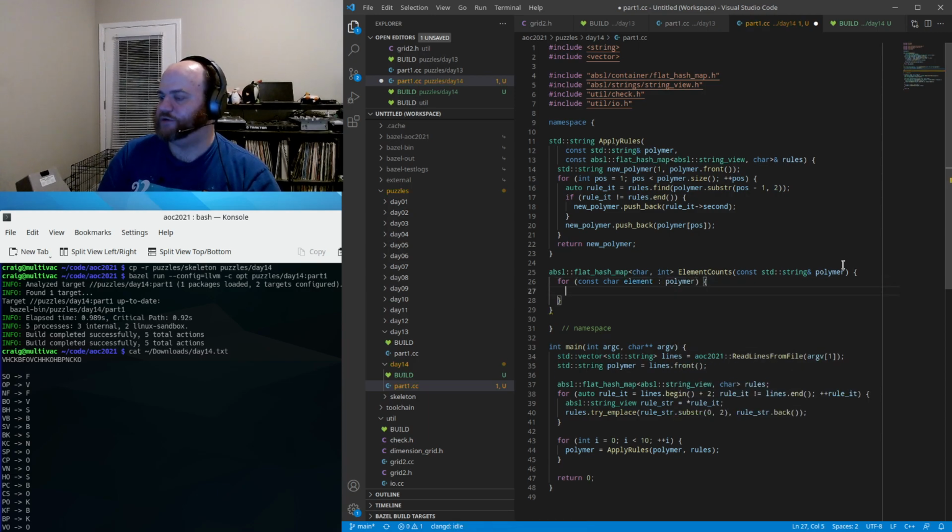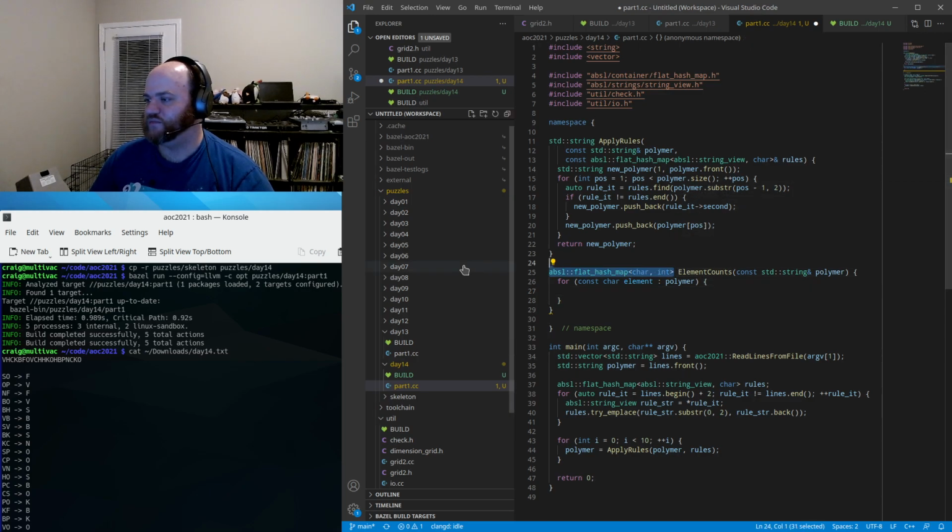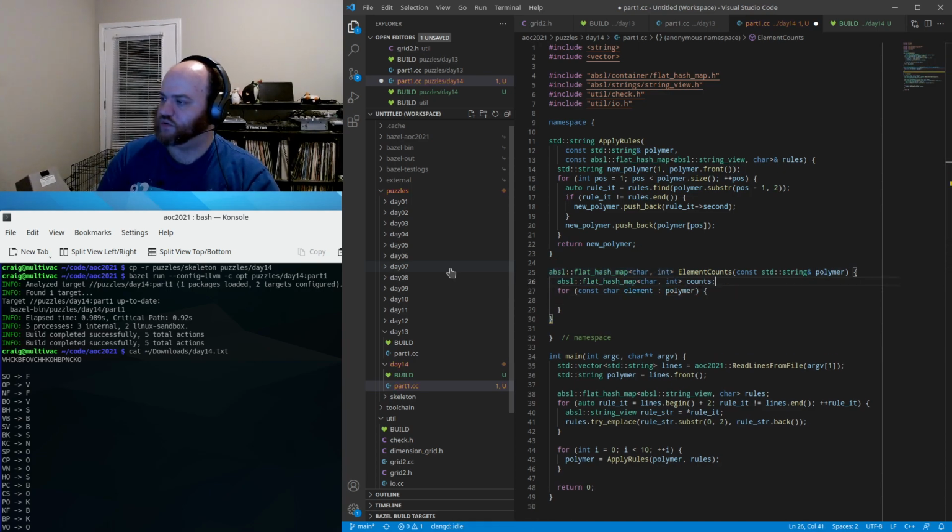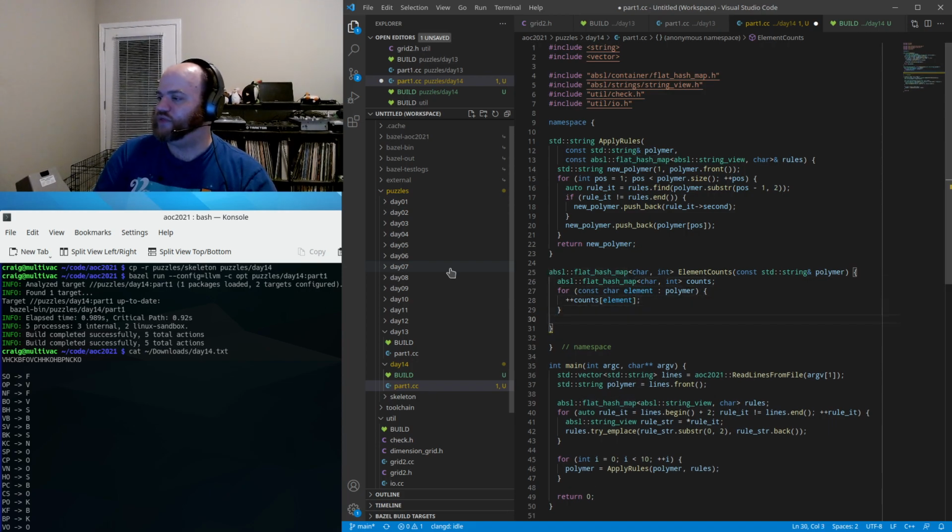For each element in the Polymer, well, we should declare this first. We will increment the count for that element. So that subscript operator there is going to create an element in counts if one does not exist for a given element the first time it encounters it. And it's going to default initialize the mapped value to 0. So that should give us